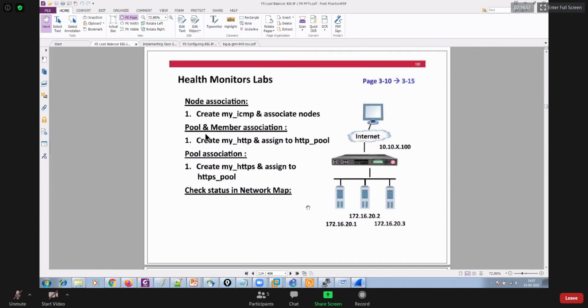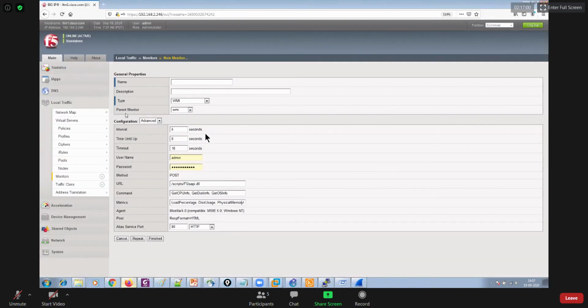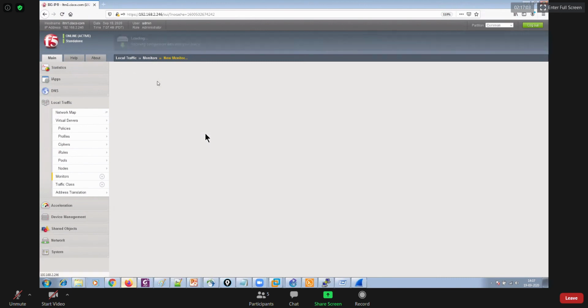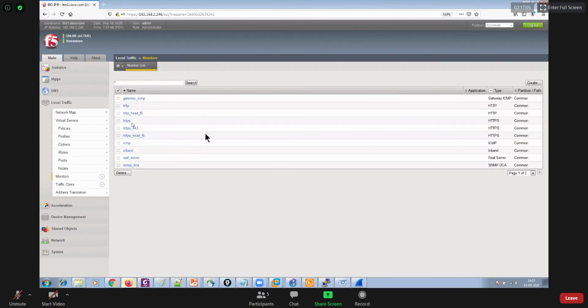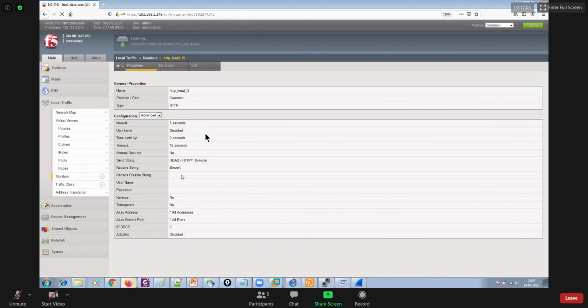Instead of configuring that receive string, I kept it default, but you could also define your response code like 200 OK. Remember, we did it in the last class. We defined the response code 200 OK.